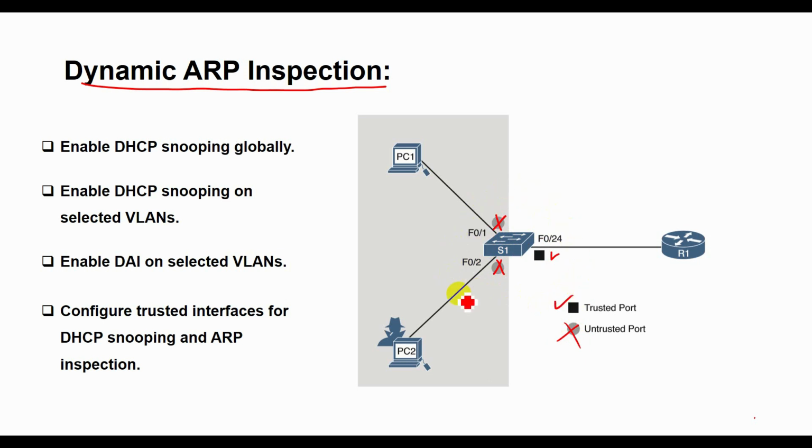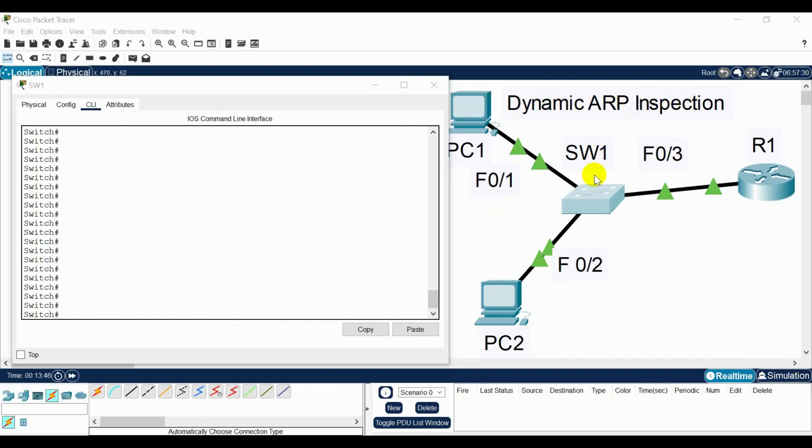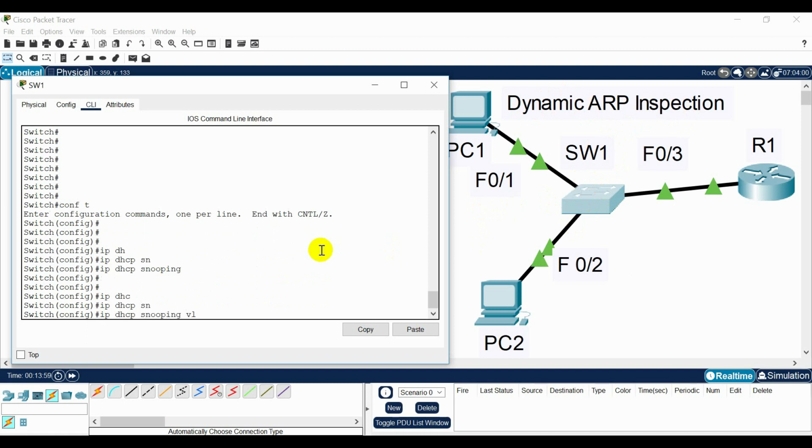In this diagram, Switch 1 is connecting two users on VLAN 10. DAI is configured to mitigate ARP spoofing and ARP poisoning attacks. Also, DHCP snooping is enabled because DAI requires the DHCP snooping binding table to operate. For DAI configuration on Switch 1 in global config mode, enable DHCP snooping globally: ip dhcp snooping. Also enable DHCP snooping on selected VLANs: ip dhcp snooping vlan 10.